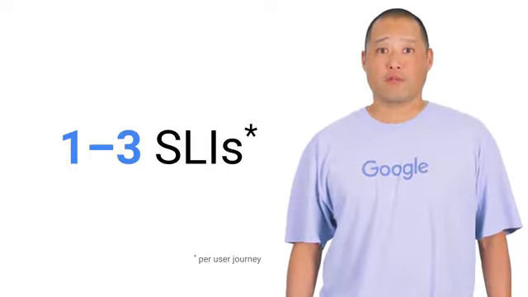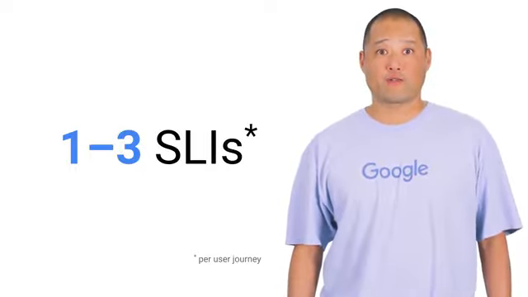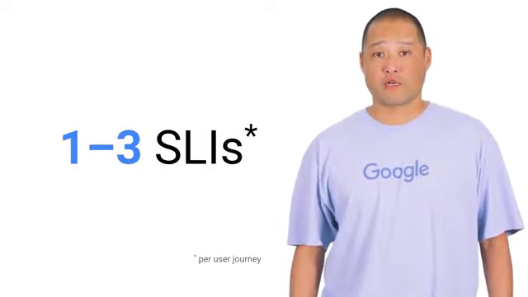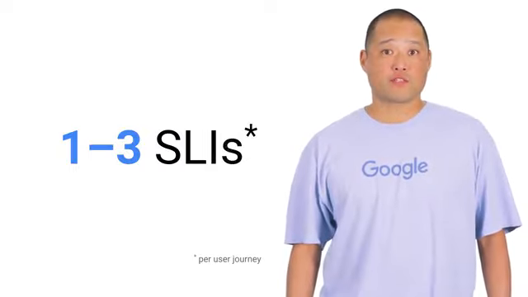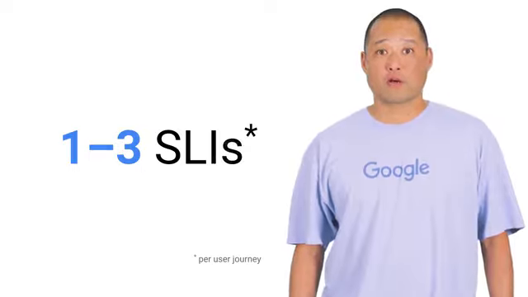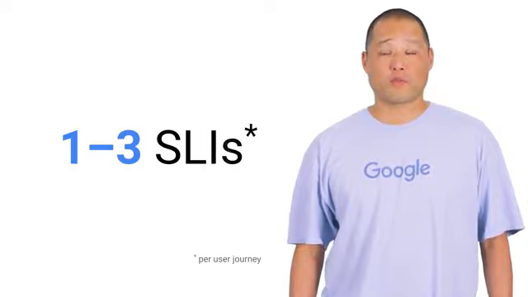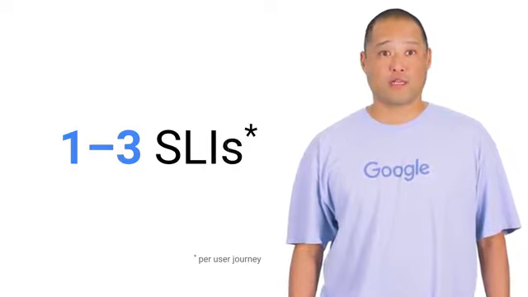You should aim to only have 1 to 3 SLIs covering each user journey, even if your system and user journeys are relatively complex. As the complexity of your system increases, this can become harder and harder to stick to. So in this lesson, we're going to present a couple of techniques for managing complex user journeys that can help you out. I'm sure you're thinking, why do we recommend so few SLIs?